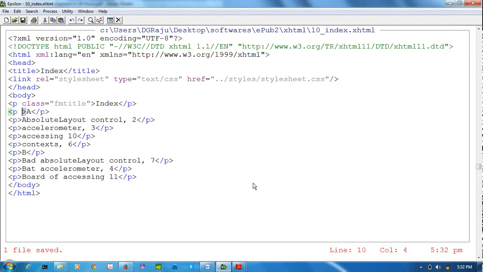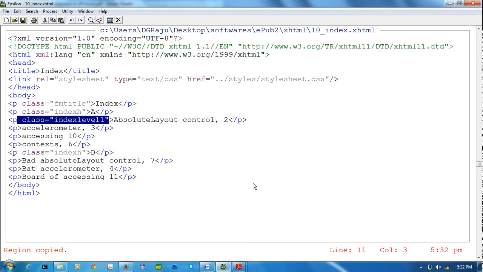I'm giving classes. Class equal to index titles, no? ABR index titles, sorry, index headers. Remaining are index levels. Index level 1. Why? Because this is capital letter start.